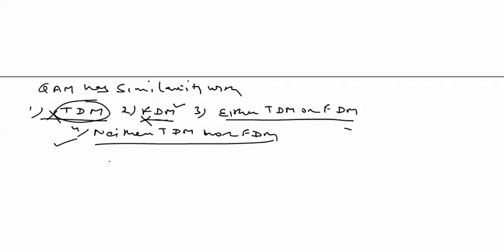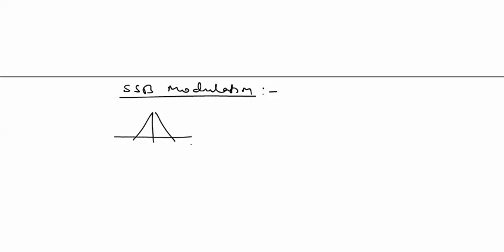From FDM and TDM. Now we discuss SSB modulation. DSB modulation is used, but SSB has an advantage over DSB. What is the advantage? In AM we are transmitting this type of pattern, centered at omega c, with bandwidth omega m,